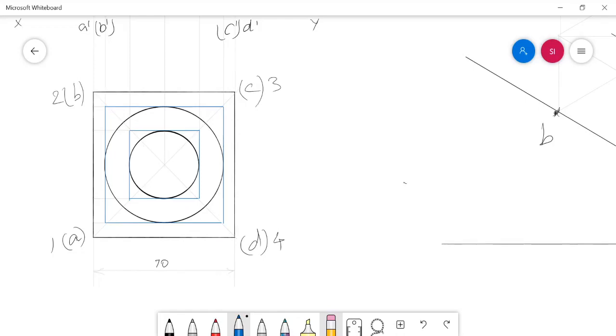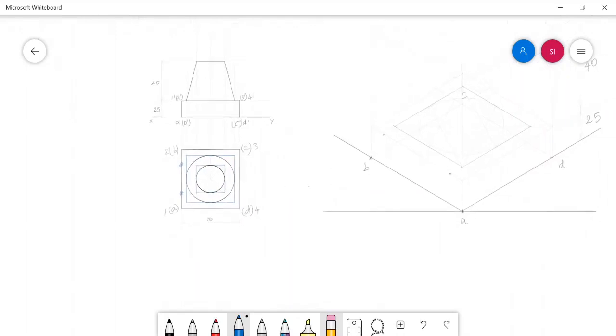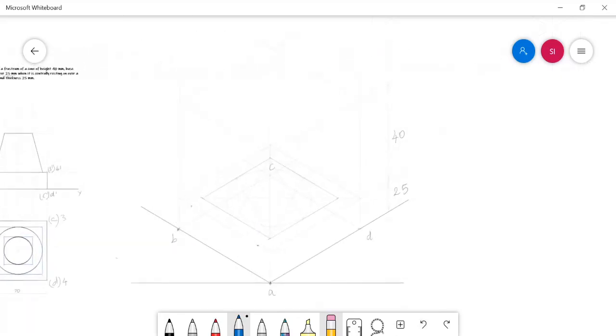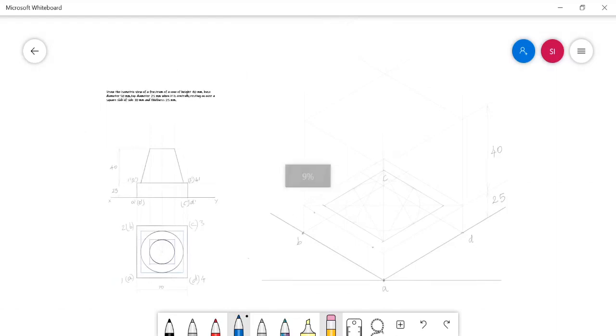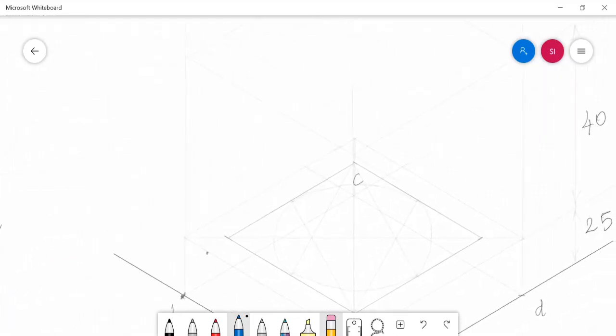So these 2 points I needed to mark, that is these 2 points, can be marked here and there in order to complete this. So approximately I am marking them. Here and there.